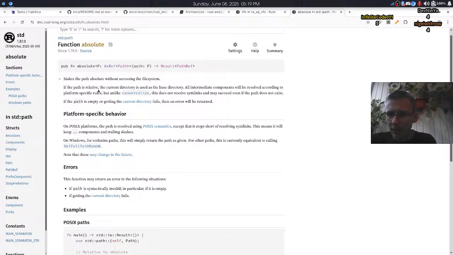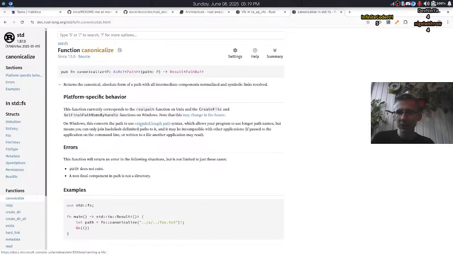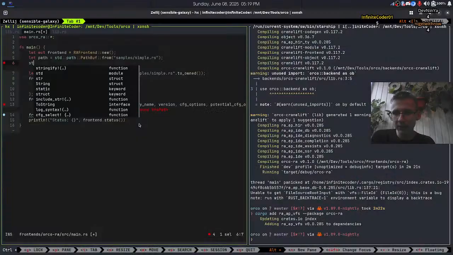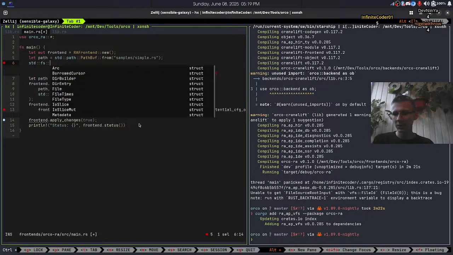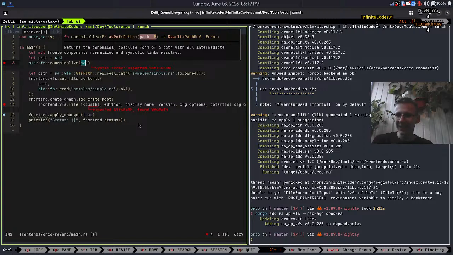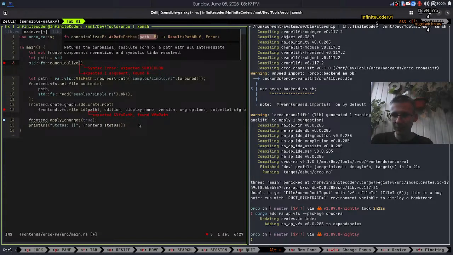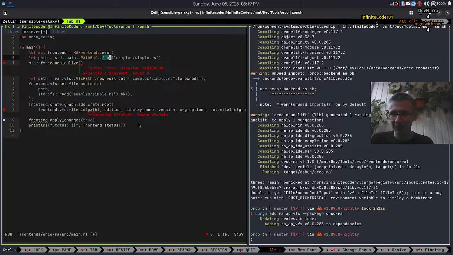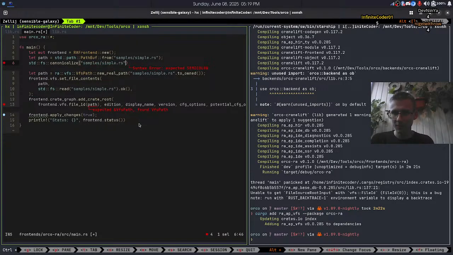Okay. All intermediate components will be resolved according to path precedence, but unlike canonicalize, it does not resolve symlinks and may succeed even if path does not exist. So I can just fs canonicalize. Canonicalize. Real path. Get final path name by handle. What? So canonicalize path. This into